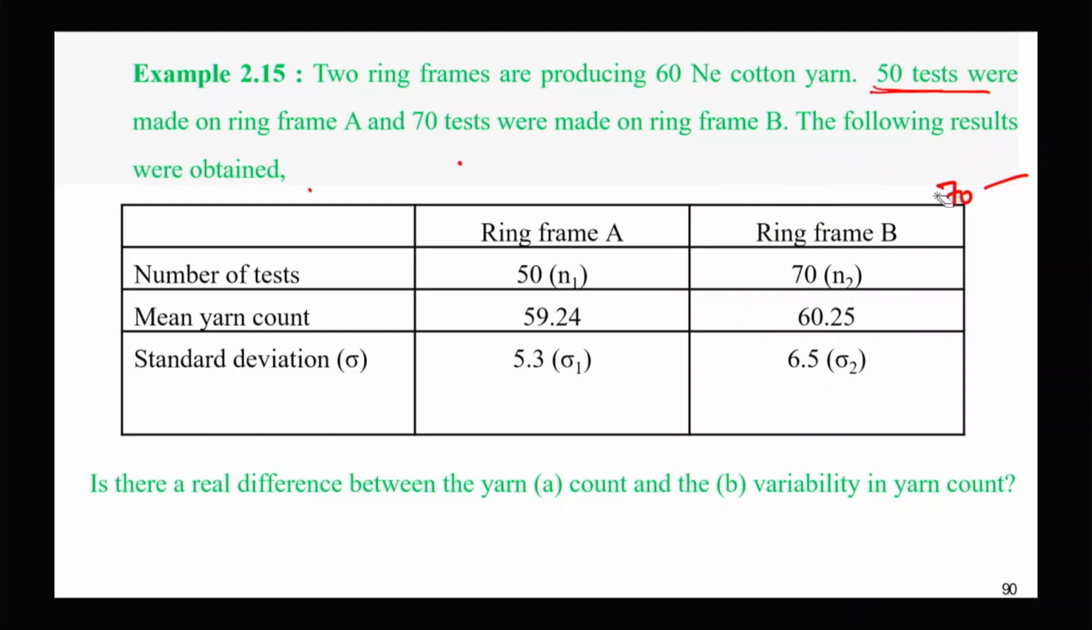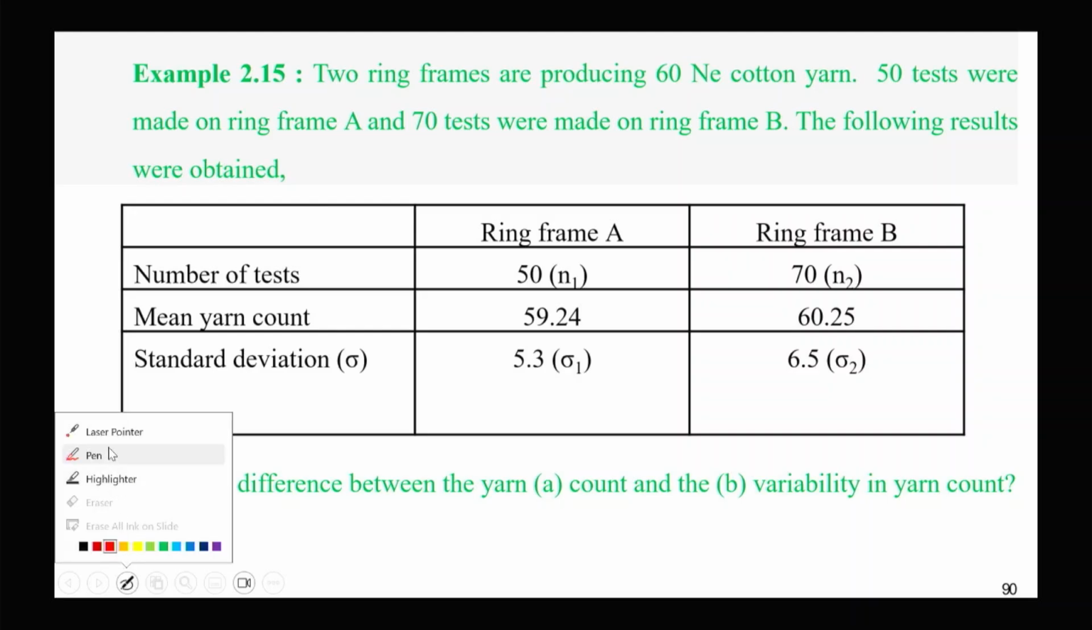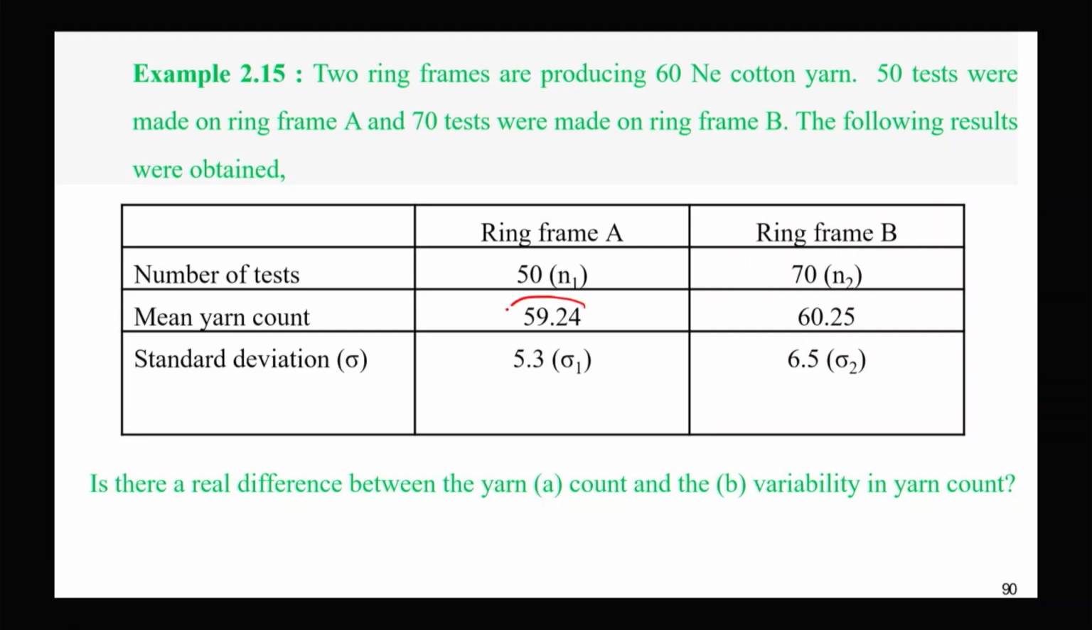But this is wrong, because here we should remember the difference between these two. One is producing finer and one is producing coarser yarn, and we are going to use them in the same lot,